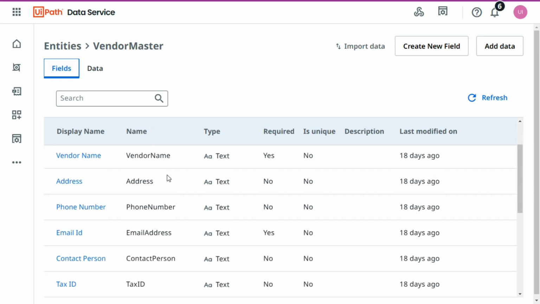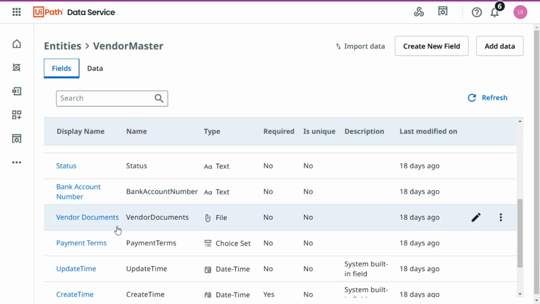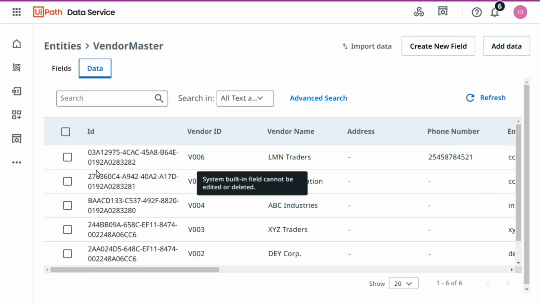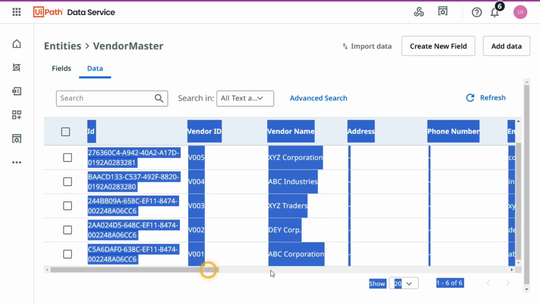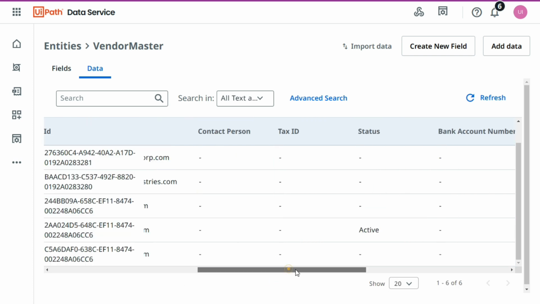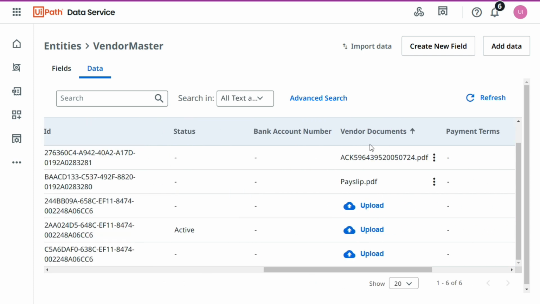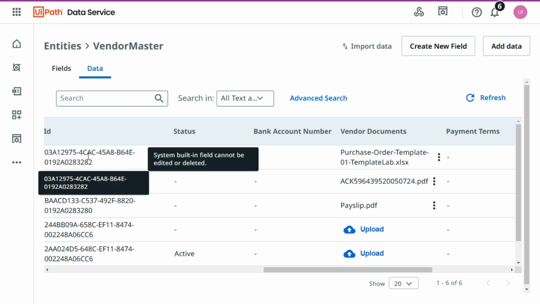Go to fields. Now make sure you have one field with the type file. Once you have created a field, added the records, and uploaded an attachment to that field of the record, then you are ready to use that activity. So let's move to UiPath Studio so that I can show you how to download the file